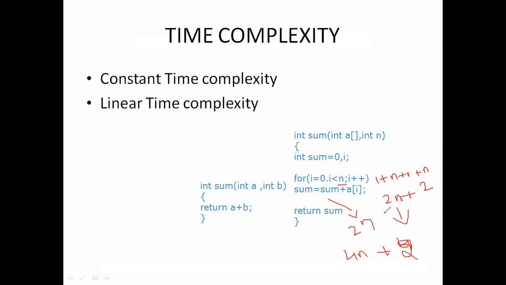So does anybody have any doubt? Please write a message. Tomorrow I will explain this time complexity with some more examples. I will take some more examples for the time complexity, and we will discuss asymptotic notation. So what is big O notation, what is theta notation, what is omega notation? We will discuss asymptotic notations in the next class, time complexity and asymptotic notations. In the next class, does anybody have any doubt? Please write a message in the chat box. Any queries?